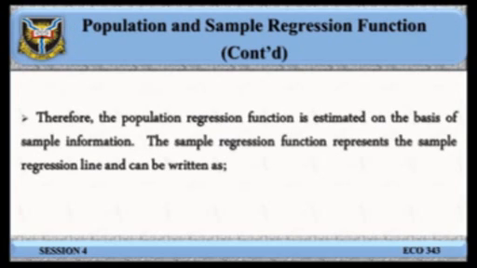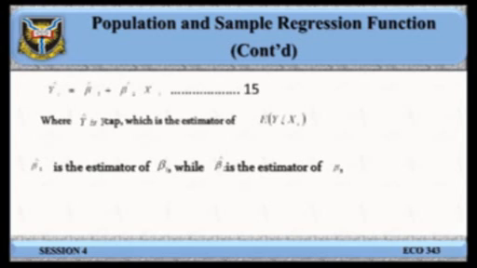Therefore, the population regression function is estimated on the basis of sample information. The sample regression function represents the sample regression line and can be written as Yi estimate = beta 1 estimate + beta 2 estimate Xi, equation 15,